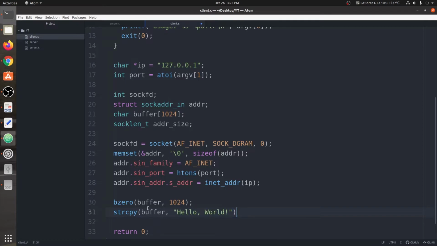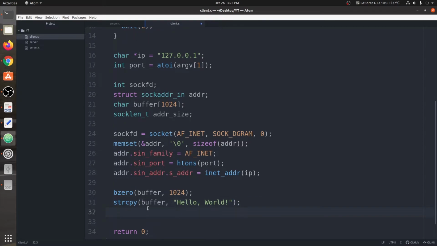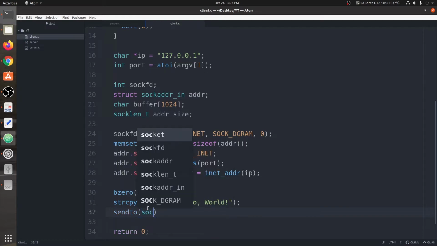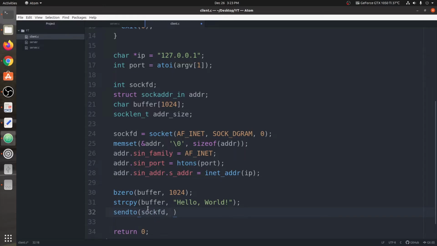Okay, so this is our simple message, and then we directly are going to send it to the server. So I have already told you no connection needs to be established between the client and the server in case of UDP. So first of all we're going to say socket fd, that is the socket file descriptor, then the name of the variable containing the data, size of the variable, then 0. Then we need some casting,